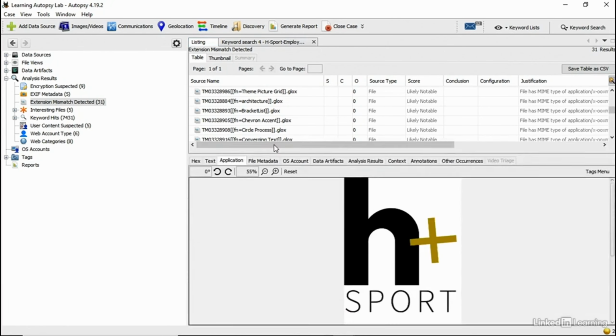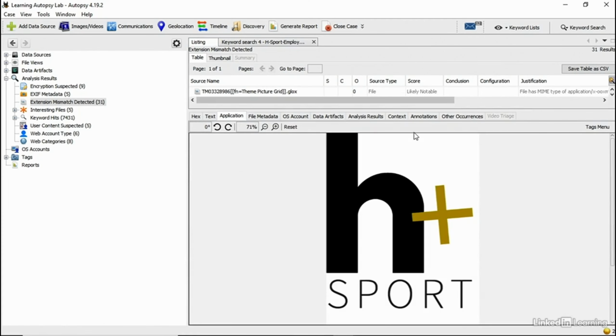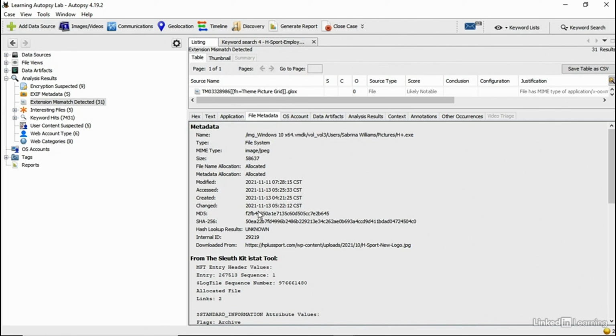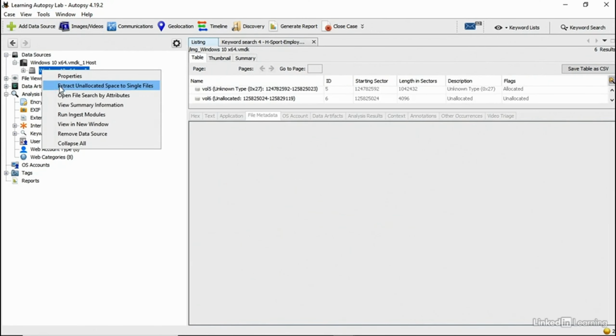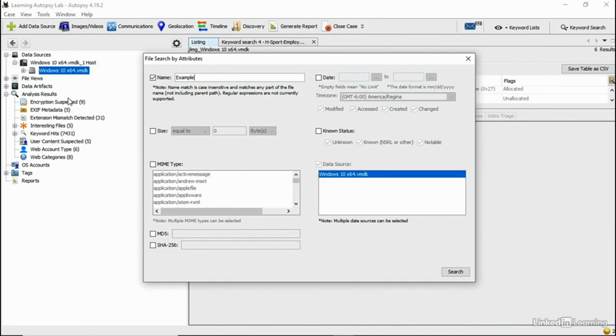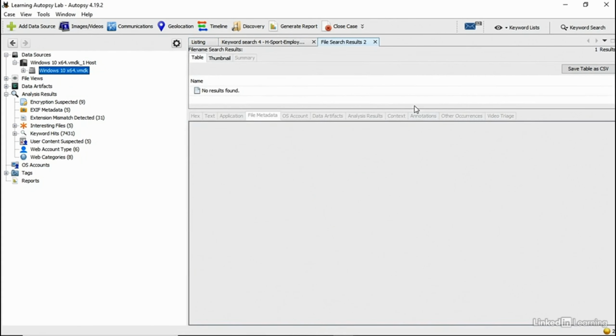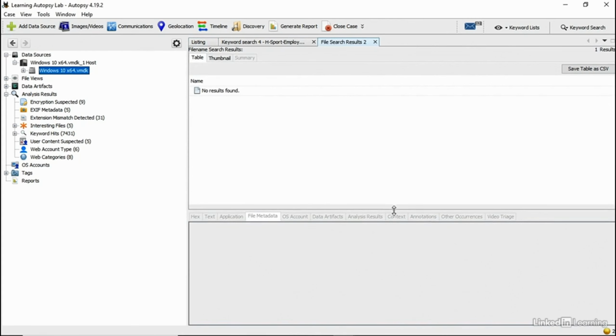So if we increase this, you see the logo, and going to file metadata, you're able to grab the MD5 hash. I'm going to press Control C to copy it since I don't have the option to right click and copy it. Once you do that, you can go to the data sources, right click and open file search by attributes. If you go to MD5, paste the value in there and click search, you shall then